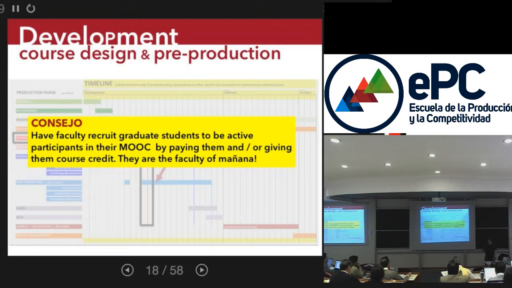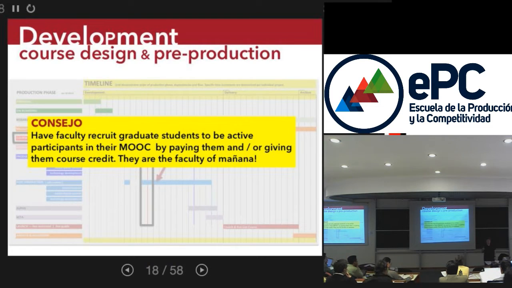I thought of another tip. We talked about it a little bit yesterday. I suggested that you might, as faculty, recruit some of your own graduate students to be active participants from the beginning. You pay them, or you can give credit; we have examples where we do one or the other.